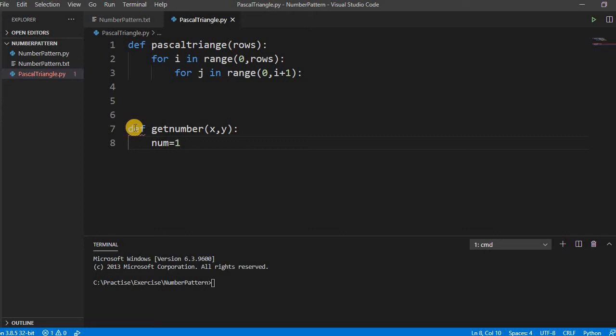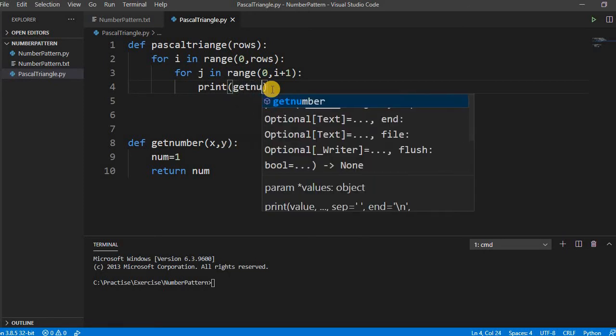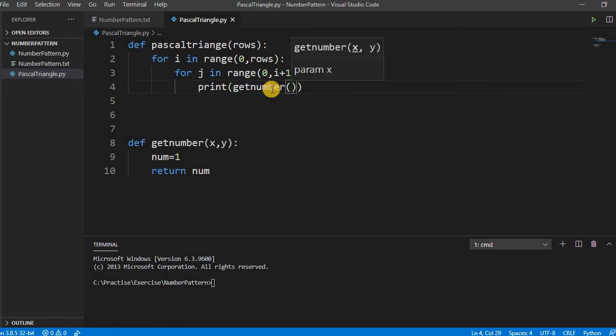If the column number and the row number are the same, by default there is a value of 1. So here we will call this, or we can directly print this get number, right? We pass something like i comma j.